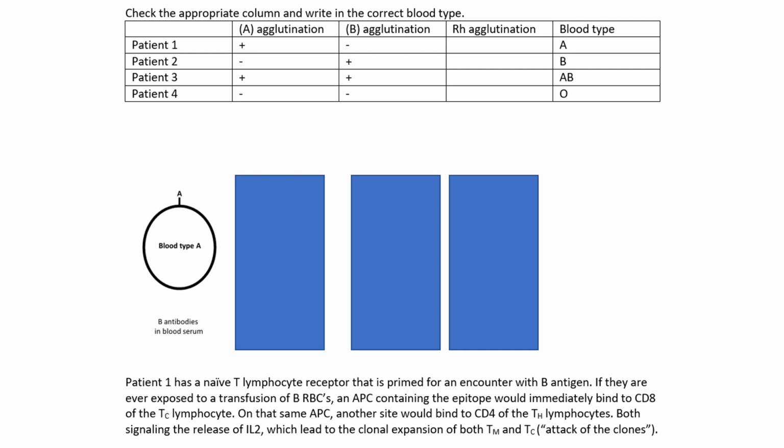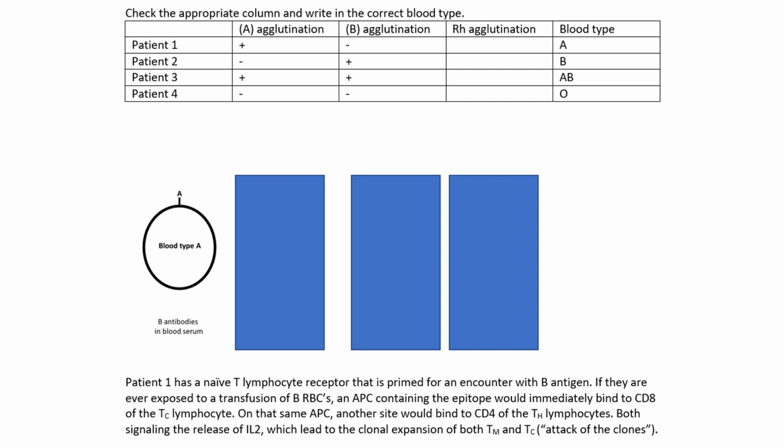The T lymphocyte starts off, it is born in the bone marrow. Then it moves to the thymus gland where it will develop its receptors. And it's going to develop receptors for everything that is foreign to that patient. So this patient has antigen A, so the T lymphocyte receptor will be for B antigen. So if you ever give this patient a transfusion of B red blood cells,